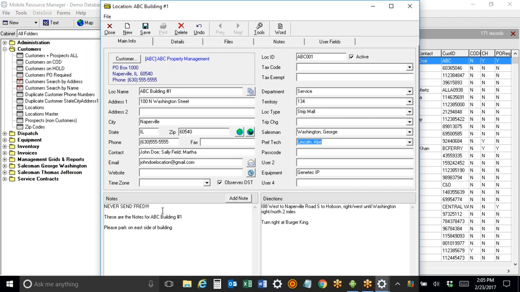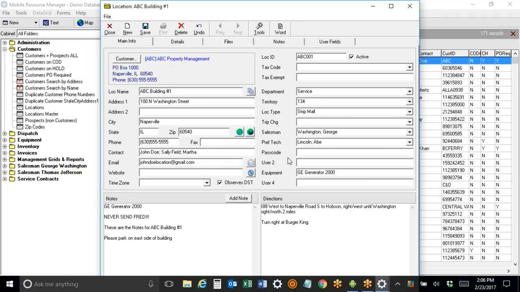The next set of things you might want to keep track of, depending upon the nature of your business, is what machinery or equipment is installed at that location. Now there's 3 ways to do it. Suppose this location, they have a GE generator. I could put that in words, model 2000. I could put that in words just in a note here, or I could set it up in an actual